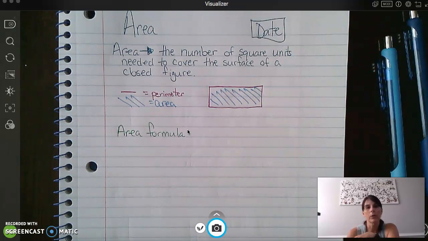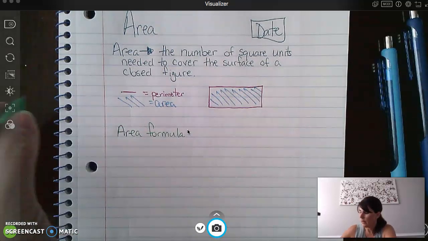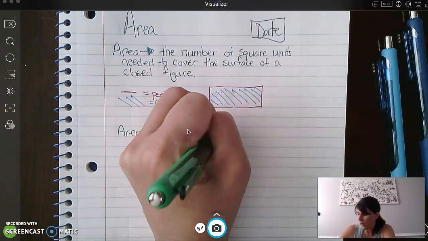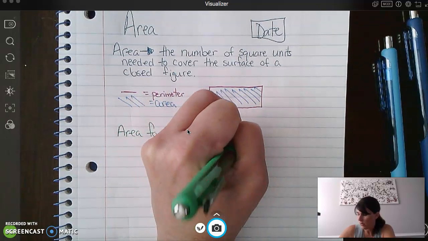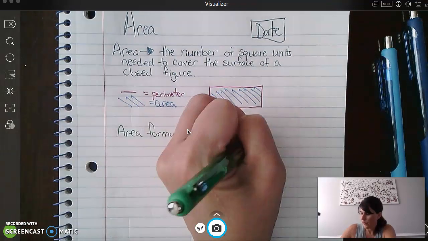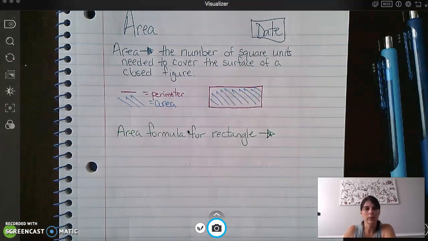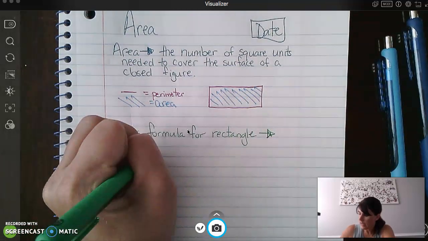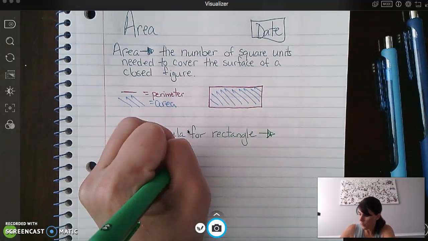So the area formula for a rectangle is different than the area formula for an octagon. Okay, so the area formula for a rectangle is length times width